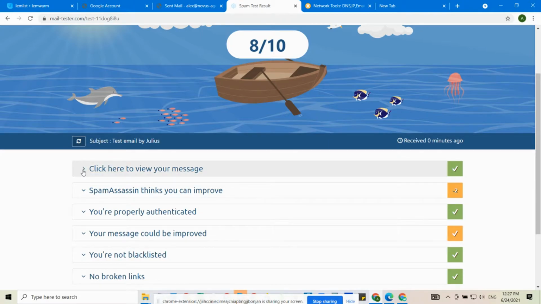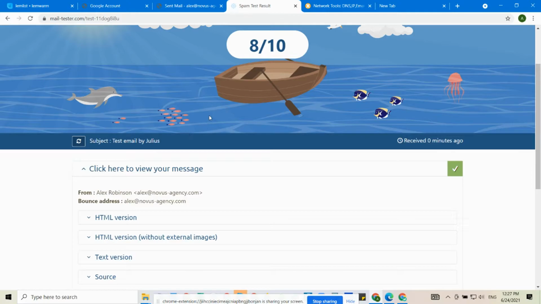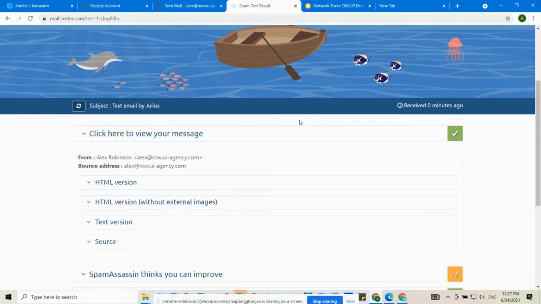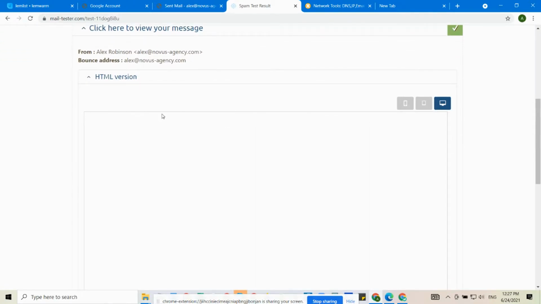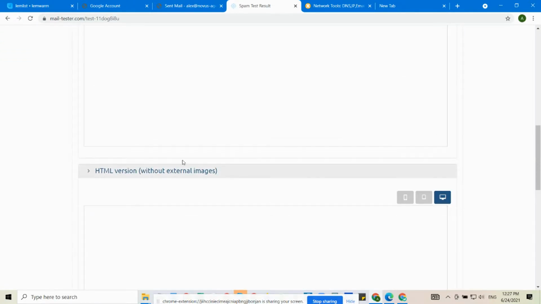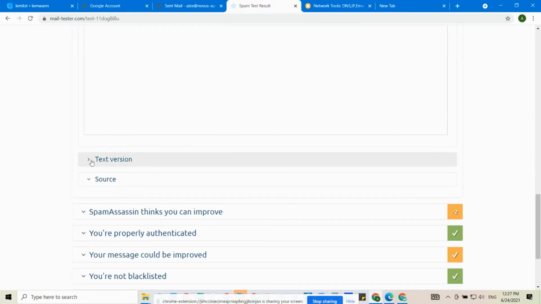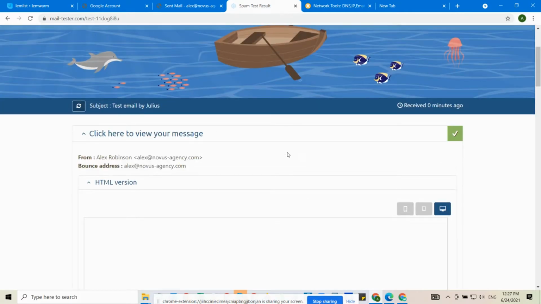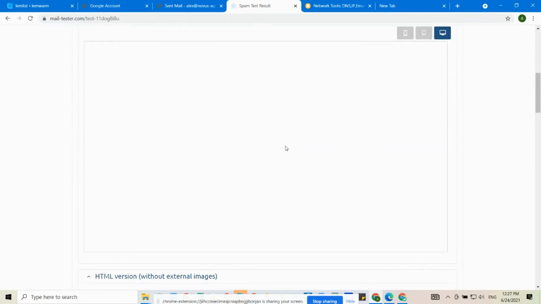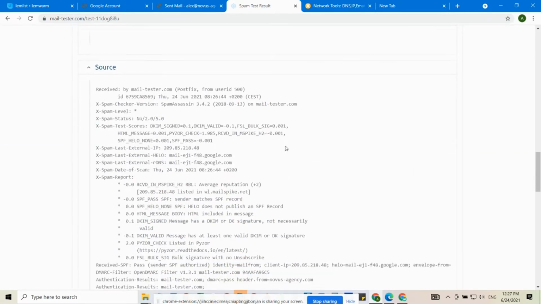So it's still a good one because of the recent report, or it could give you false results, but most of the time it gives you the right, accurate result, because there are a lot of moving parts here. We haven't tested any HTML version with images and everything, or text version. We just sent out a plain text email. So yeah,